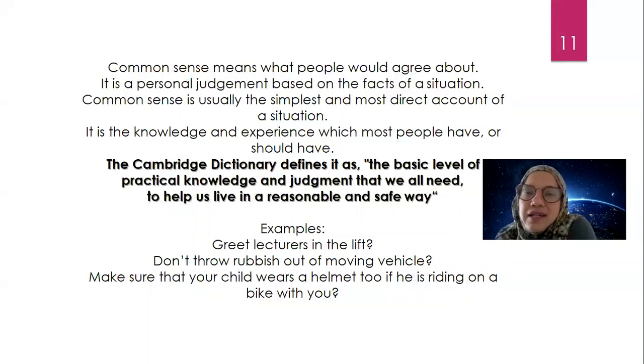The father wears a helmet, but the child doesn't. So where is the sense there? So you choose one common sense and you transfer that.